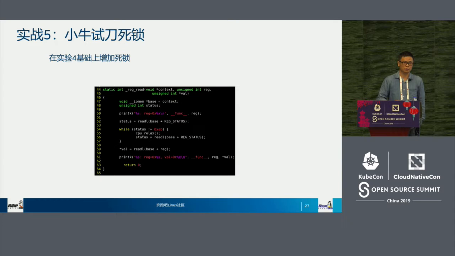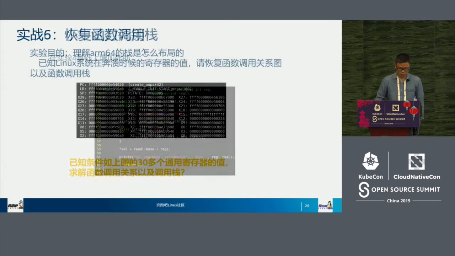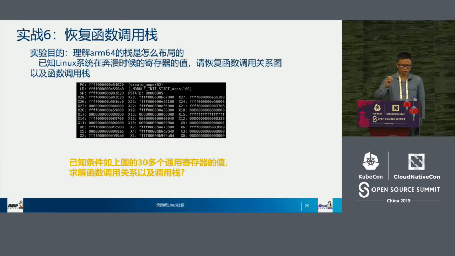And let's say the hardware is not in the wanted status or idle status, then there is a deadlock. Then KSAM can capture the needed information. Experiment 6 is a bit like ARM64 computing value, and